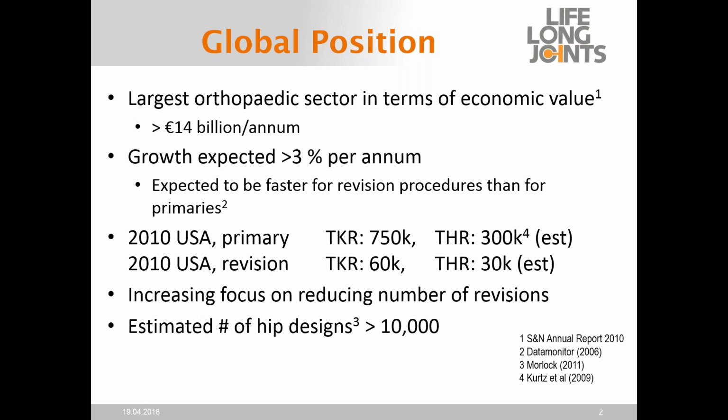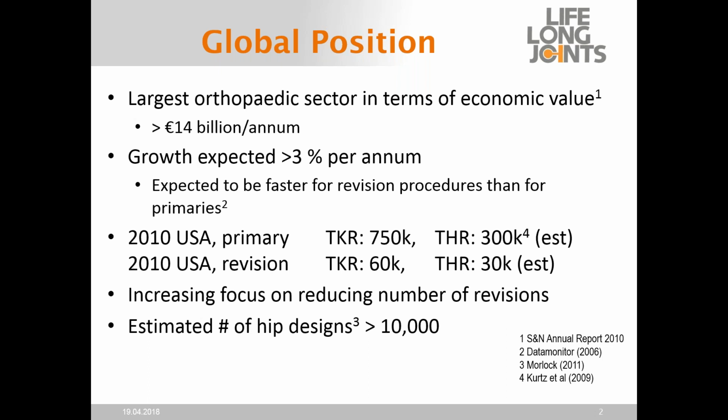of more failures. If you look at the figures in the US, there's about 1 million total hip and total knee replacements put in every year. Revisions are roughly 10% of that. So even though we often say that hip replacement and knee replacements are a very successful procedure, the sheer volume means that even a small percentage of failures is actually quite a lot of numbers. And it's this 60,000 in total knee and 30,000 in total hip replacements that we actually want